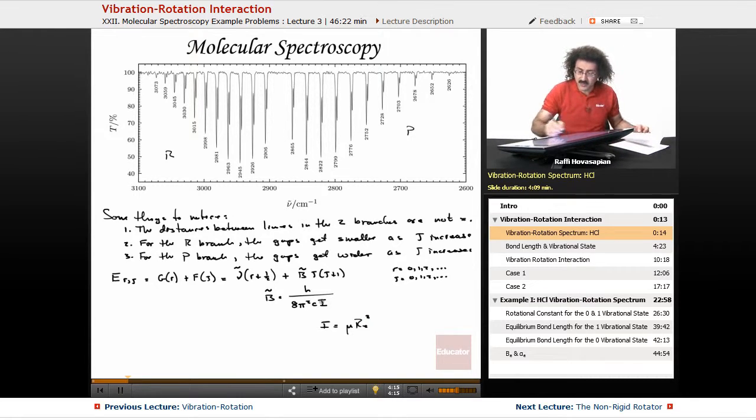So this is the expression for the energy under the harmonic oscillator rigid rotator approximation. Now, let's take a look at